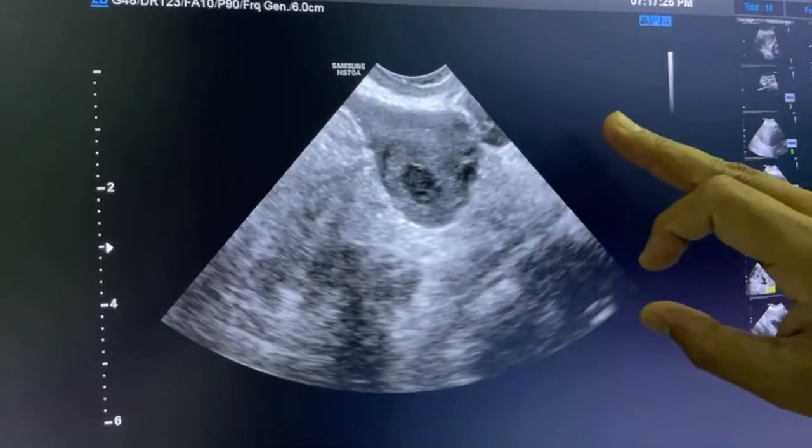Again, try to apply the same feature, free fluid. If you are seeing no other adnexal lesion, and the lesion in the ovary is echogenic, with free fluid in the POD, UPT positive, and an empty endouterine cavity, again this may be in favor of ectopic. Ovarian ectopics are very rare, but whenever it is echogenic, always keep in mind ectopic pregnancy.